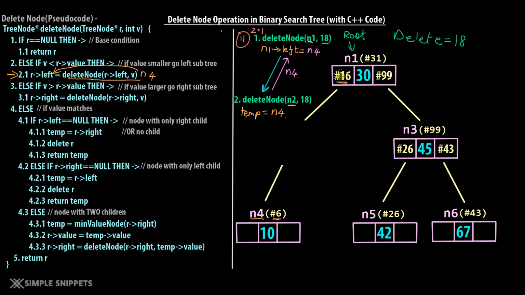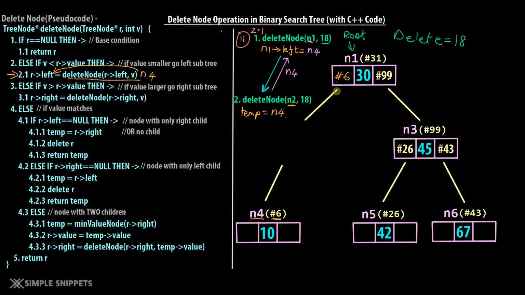So n1 has an address of #16. It will now be replaced with the address of n4. What is the address of n4? You can see n4's address is #6. So #6 will now be stored over here, and now you can see that n1 will be linked to n4